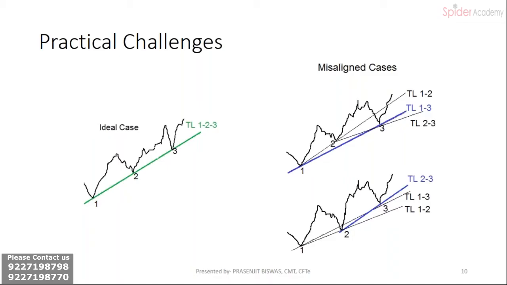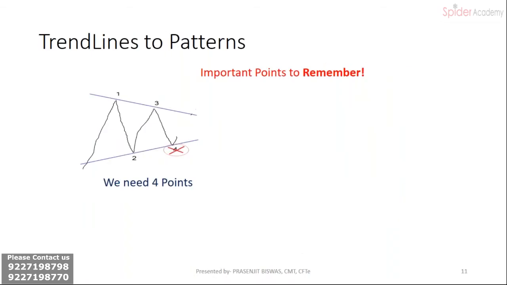Now again, the next point is that in these examples I have just shown you using a line chart. I'm not using the candle lows or the highs, right? But the principles would remain the same. If you understand these principles clearly, then it does not matter whether you are looking at a line chart or a bar chart. So you can use the same principles in the bar charts also, right? So now what we have to remember is that